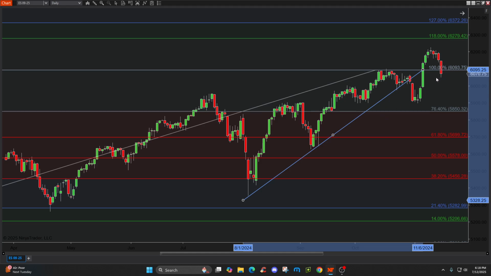Sure, on a daily chart, you could have had a decent little profit on the break of the trend line. But on an hourly chart, or 15, 5-minute chart, especially a 5-minute chart,